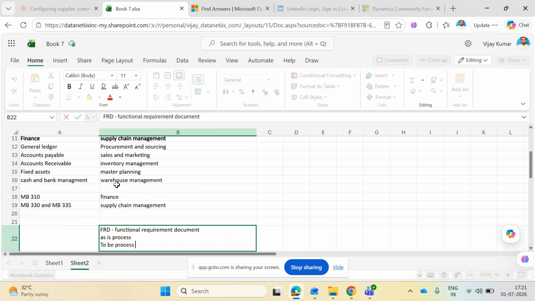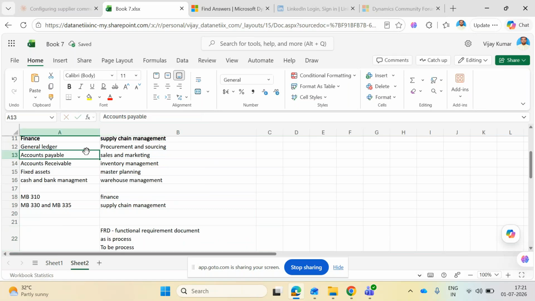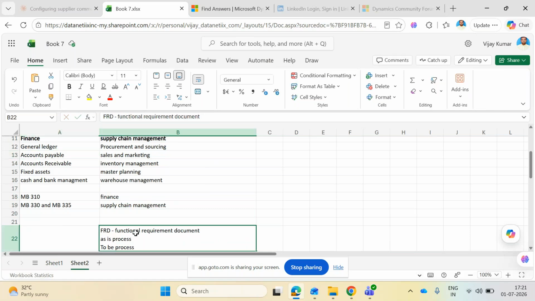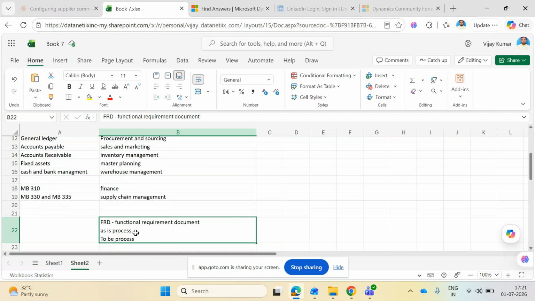All the functionalities and features come under these modules. Like this you have to create the functional requirement document. Once you have created it, with all the information, you have a very good idea of how all their requirements will fit in D365. But in case their requirement cannot be processed in your ERP, in D365, meaning we cannot do it with standard functionality,